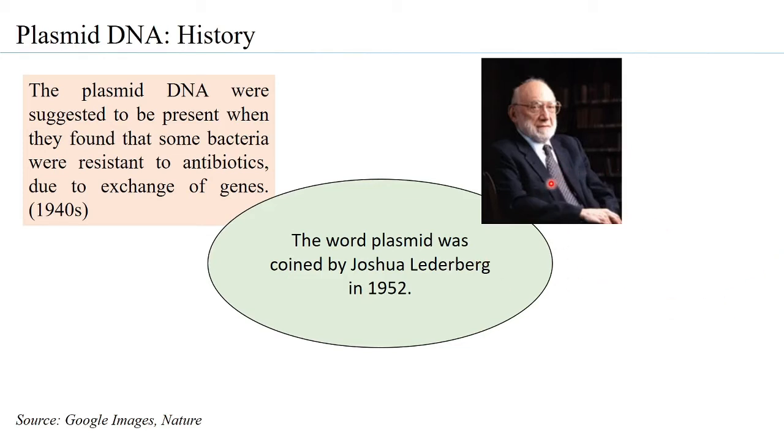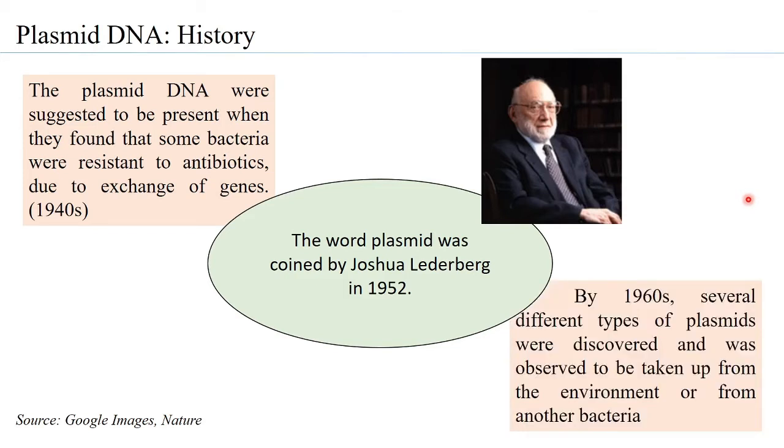And he actually was able to, along with Tatum, show what is called conjugation. So conjugation is a phenomenon, and this conjugation phenomenon is basically transfer of bacterial DNA from one bacteria to the other bacteria thanks to the presence of plasmid DNA. So he coined in one of his publications, he termed those small DNA as the plasmid DNA. He won the Nobel Prize for his work on conjugation with Tatum, and it was basically showing that bacterial genes can be transferred from one to the other bacteria.